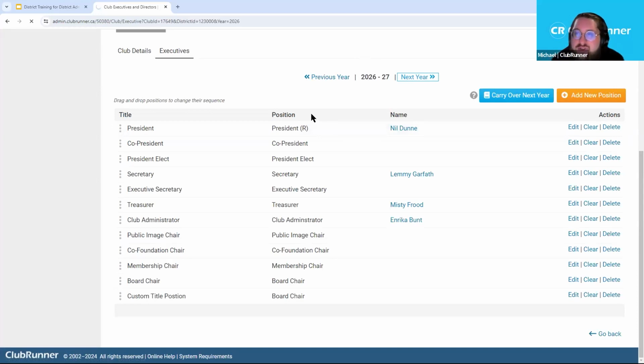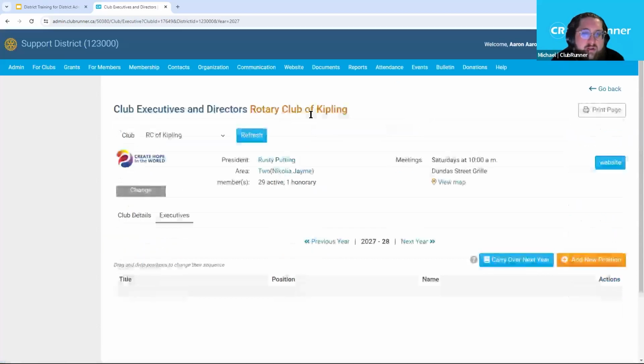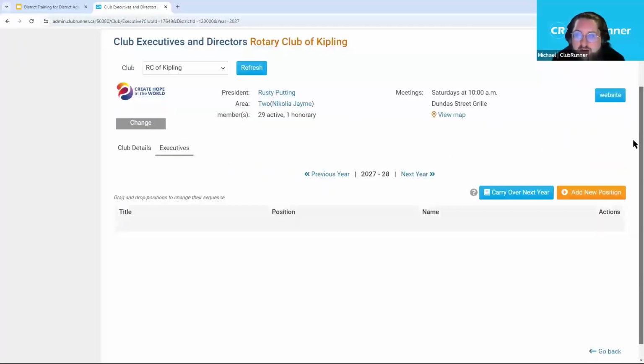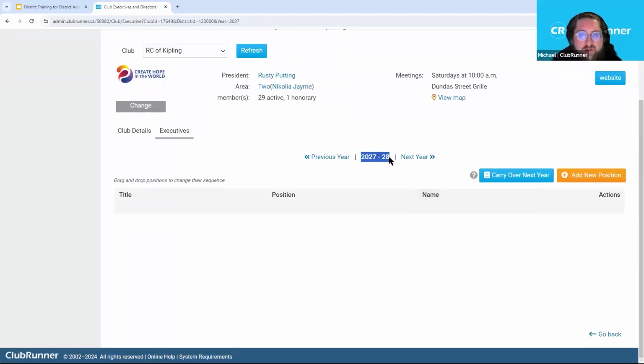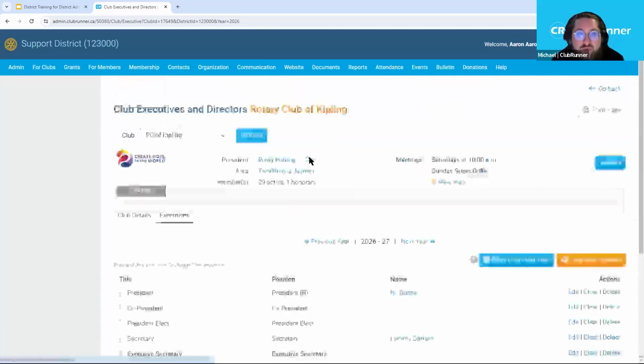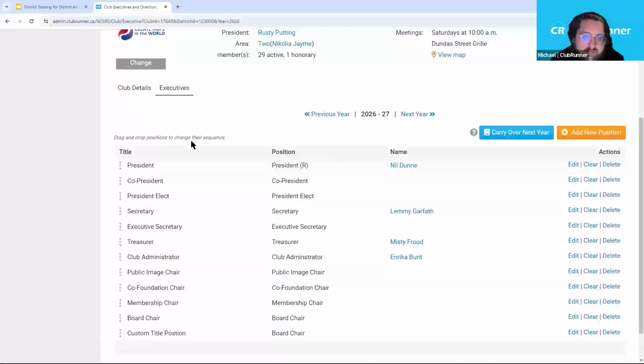Let's go ahead and give it just a moment here. So generally, for each rotary year, you will have to go through and manually input each of those specific positions. And here you go. For the 2027 to 2028 rotary year, there are no positions listed. But if you already have a setup in a previous rotary year that you like, for example, the one that